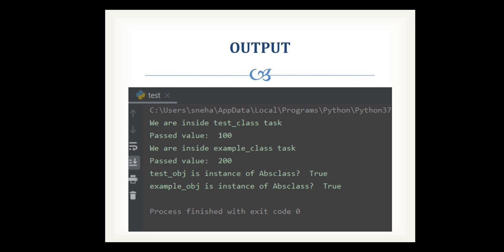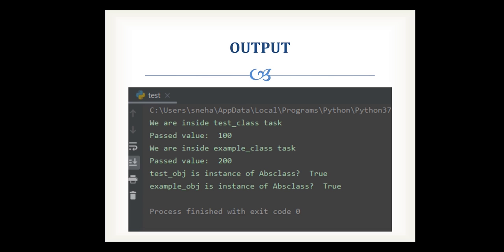First, when we create the test object for the test class, it shows the message "we are inside the test class task". Then when you pass the value, it directly prints 100. Afterwards, when you execute the example class task method, it prints "we are inside the example class task" and we pass the value 200.